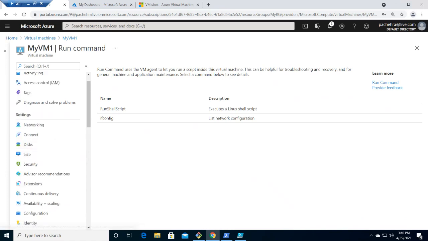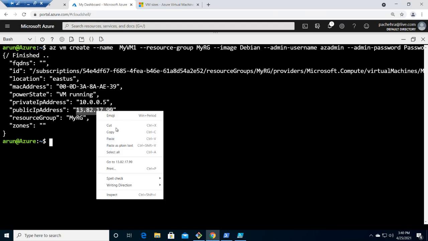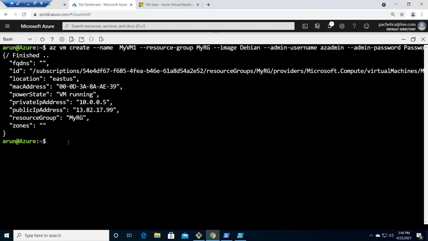So let me quickly get back to the command. This worked. Now, you can also SSH into your virtual machine with the help of the public IP address, whichever the virtual machine possesses right now. If you do this and do SSH and simply put in the information of username, hopefully this should work.